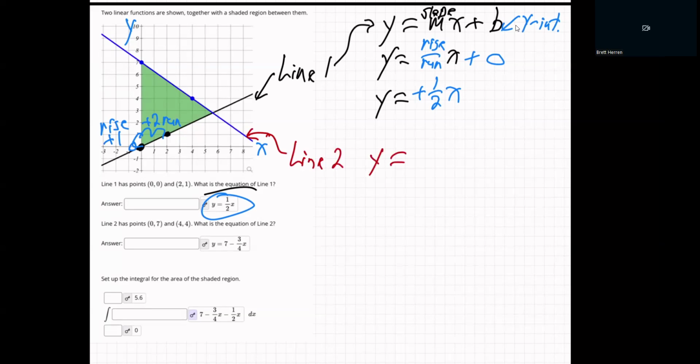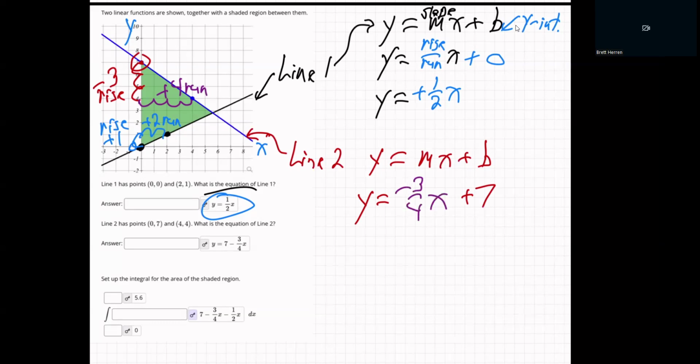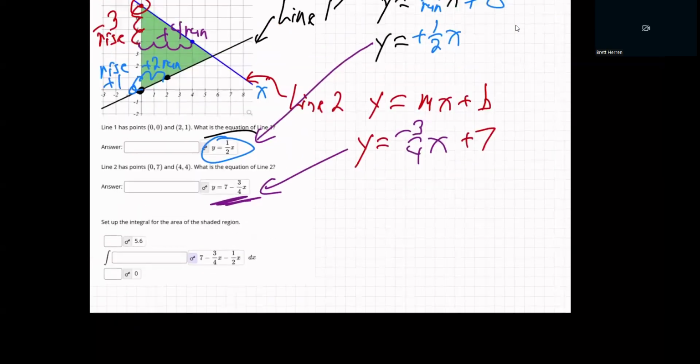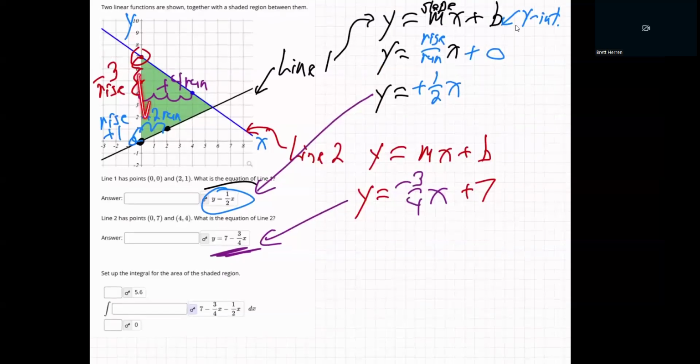Again, it also is y equals mx plus b. It hits up here at 7, so that's its y-intercept. Its slope goes down 1, 2, 3. So down 3 is the rise, and then over 1, 2, 3, 4. Over 4 is the run. So down 3 over 4, x plus 7. They put the 7 in the front, but same thing. That's right. Okay, now, how would you set up the